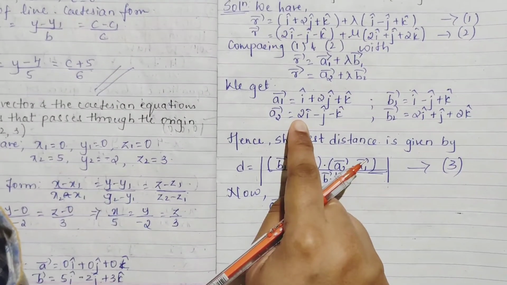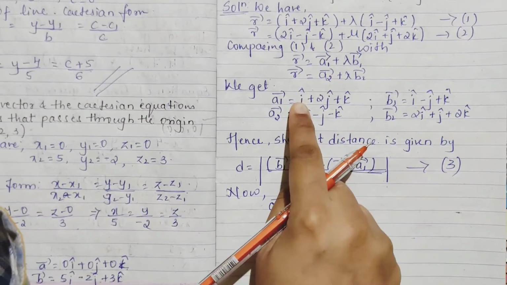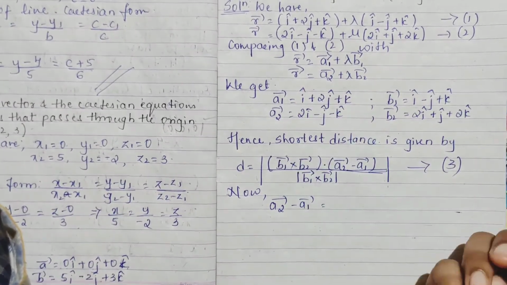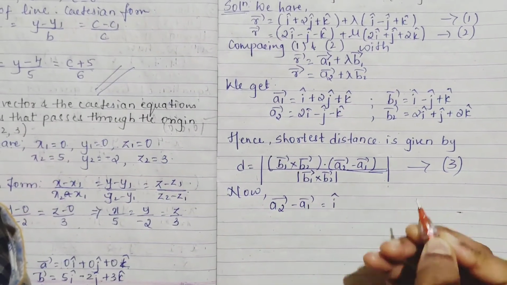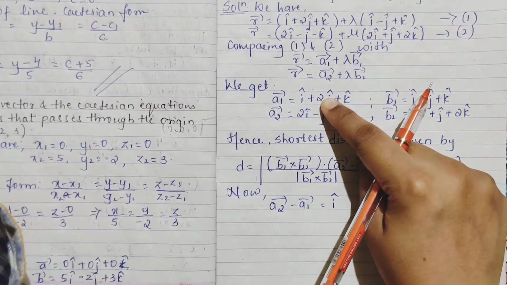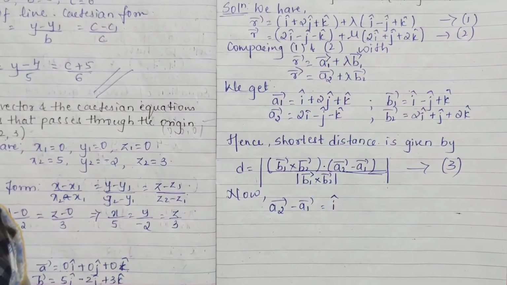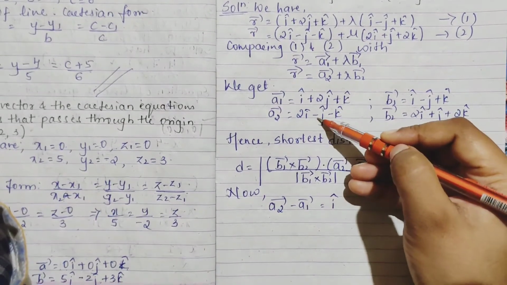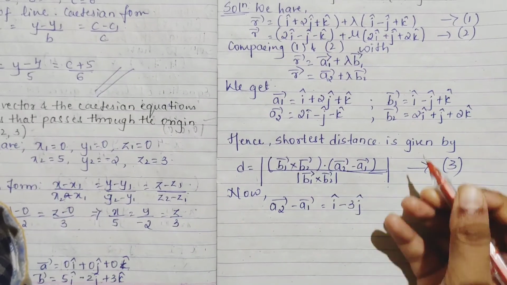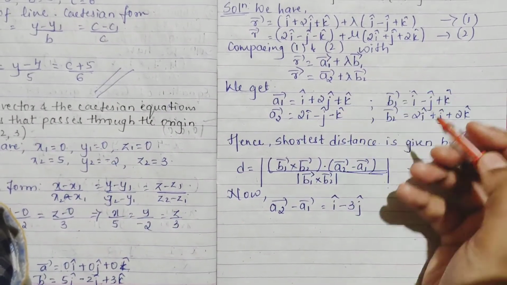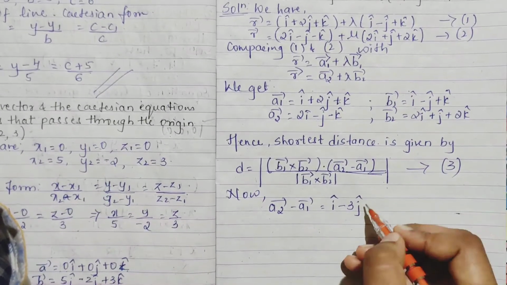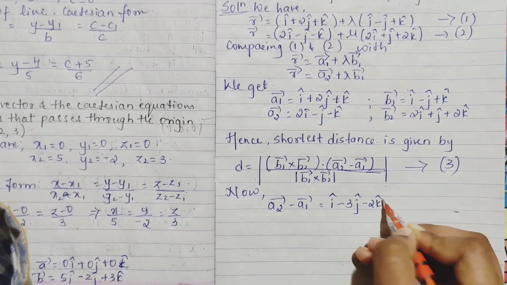So what is your a2? It is 2i cap, and here you have minus i cap. See, I am directly doing it, I am not writing again. So 2 minus 1, you will get 1 only, so it is i cap. j minus 1 and minus 2, right, a2 minus a1 only. So minus j, minus 1, minus 2, you will get minus 3 j cap, and you have minus 1 plus 1. So minus into minus becomes minus 2 k cap, right.